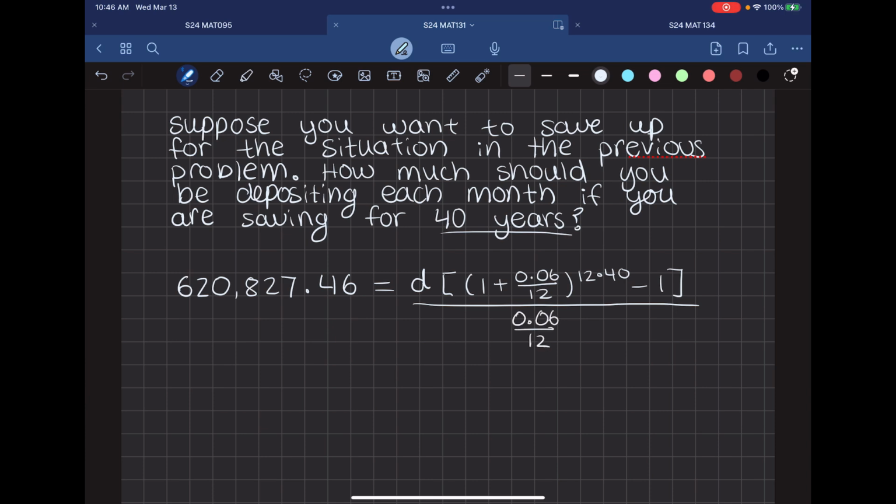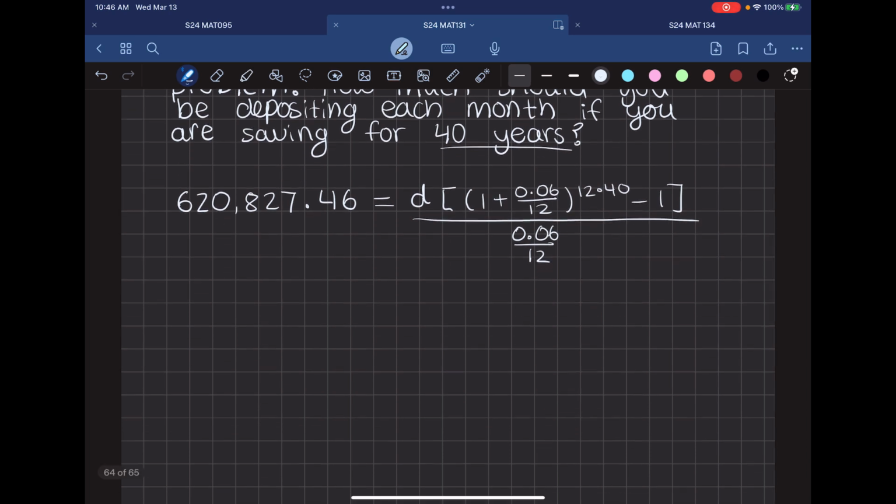Right? And if you watched the last video, you would see that we can solve for D here. We end up getting D is equal to $311.74. So basically, if we can budget that we're putting that aside each month into that account that's earning 6% interest,